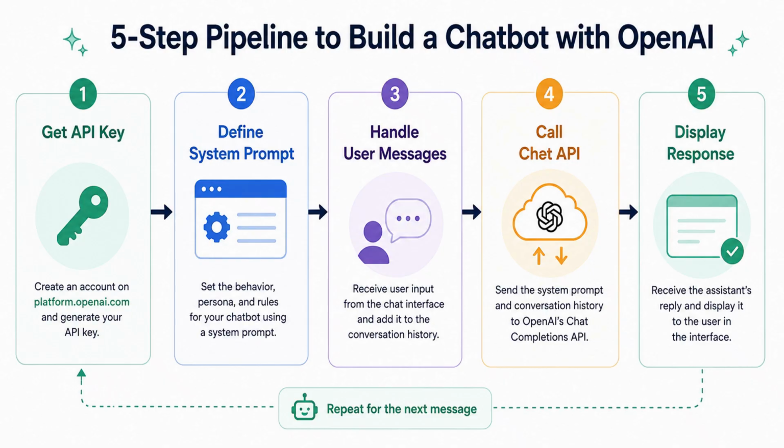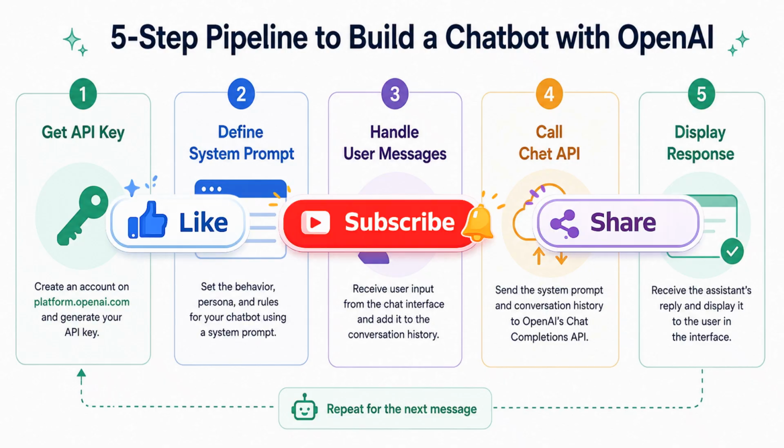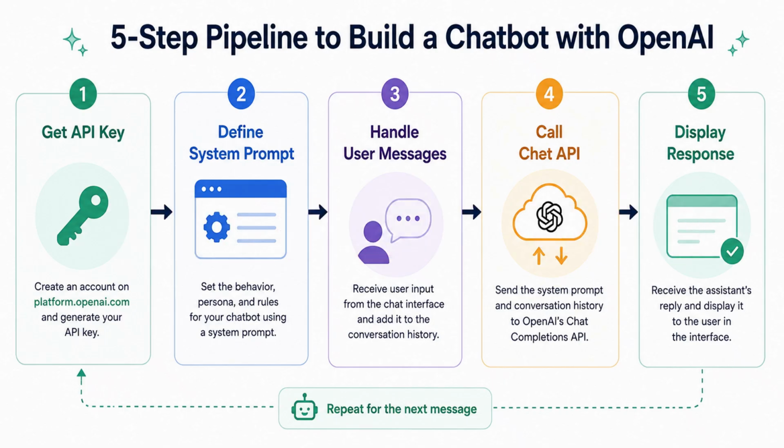Use the API to send the message list and receive a response. Configure parameters such as temperature, max tokens, and tools if needed. Integrate tools, memory, and UI. Add tool calls, for example database lookup, search, CRM APIs using function calling. Store relevant data in a memory layer if you need persistent personalization. Display the response to the user in the chat interface and repeat the loop as